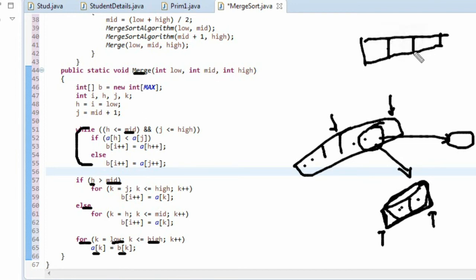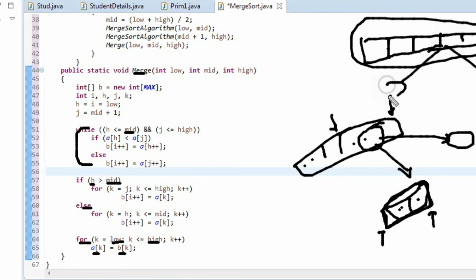So individually we'll be doing the parts together, and finally we'll be comparing the whole array, meaning we'll get two halves. Initially we'll divide the array into two halves. The two halves will be sorted, and these two sorted halves will come here, and then we'll do merge sort one more last time. In this array it is sorted, and this array also it is sorted. So it can be like this: 1, 2, and 3. It's sorted here. This is also sorted: 0, 7, and 8. But if you compare the whole array, it's not sorted. 0 should come here. So we'll apply the merge algorithm for the whole array finally, so that 0 will come at its original position here, then 1, 2, 3, then 7 and 8. So for that we'll be applying the merge algorithm at last.